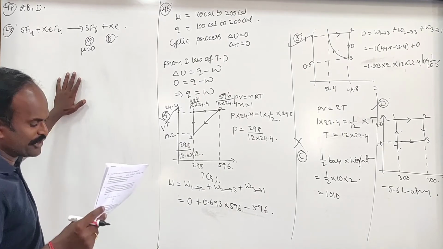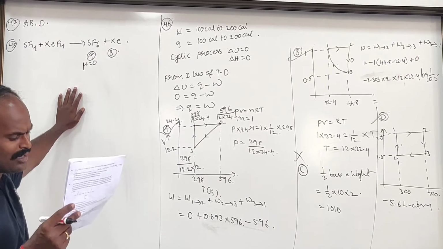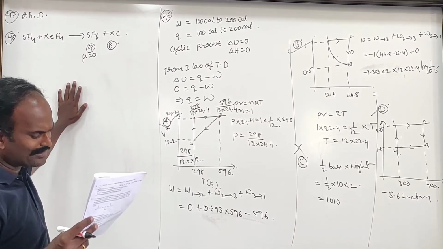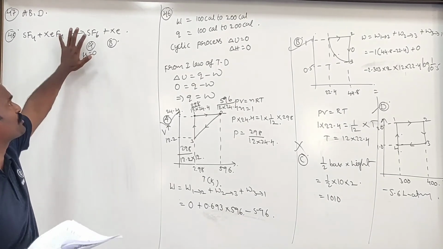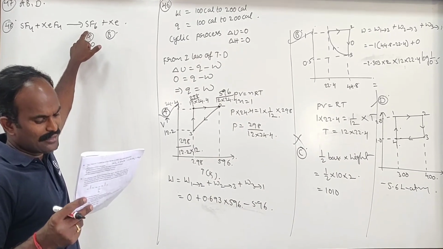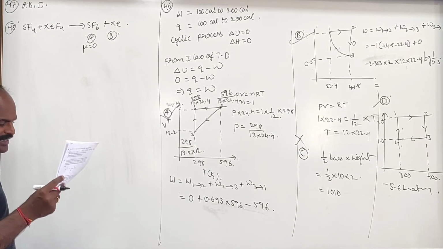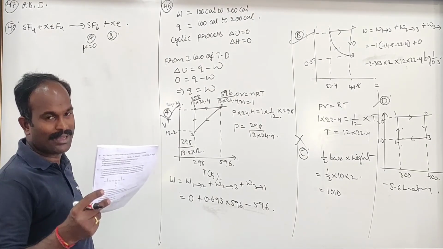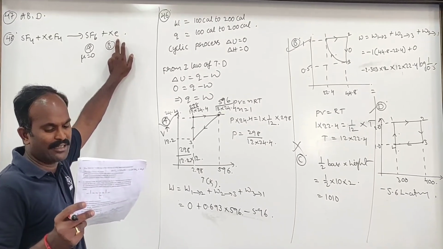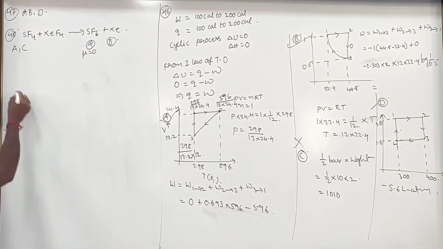Product B is a fluorinating agent. Absolutely not. It is not xenon fluoride, it is just xenon. It is not a fluorinating agent. Gas A has a larger boiling point than B. Very much true, because this is a gas and that is also a gas, but its boiling point is very much greater than xenon. Product B will react with SbF5 to give SbF6 minus. Who will react like that? If it is a xenon fluoride, then only it will react. Now it is not at all xenon fluoride. Therefore, what are true? A and C are true.